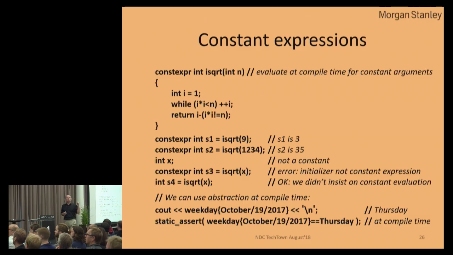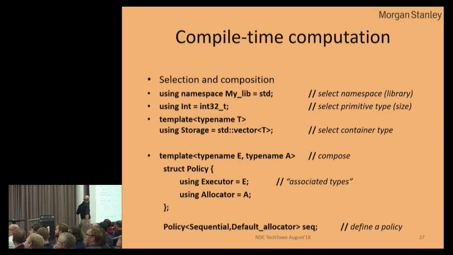This is a non-trivial library. This, by the way, is going to be the C++20 date library that takes care of dates and time zones and other good things. And it's blindingly fast, by the way, as you can guess by the fact that we could actually do simple things. If we're only dealing with constants, we can do it at compile time. If we're using variables about days and such, then it has to be done at runtime. But this is fast and simple enough to use for this kind of stuff. So we don't have to just deal with ints. We can do more complicated things.